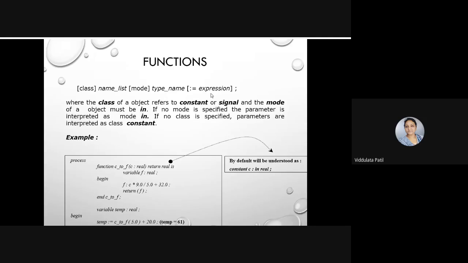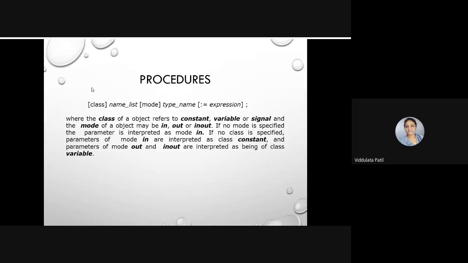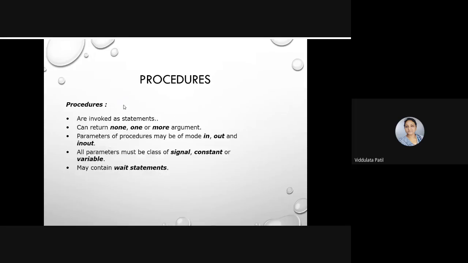Okay, so here the mode of the object must be in. As functions use only mode in, this mode should always be in, and if no mode is specified, the parameter is interpreted as mode in. That means here, as this mode is in a square bracket,